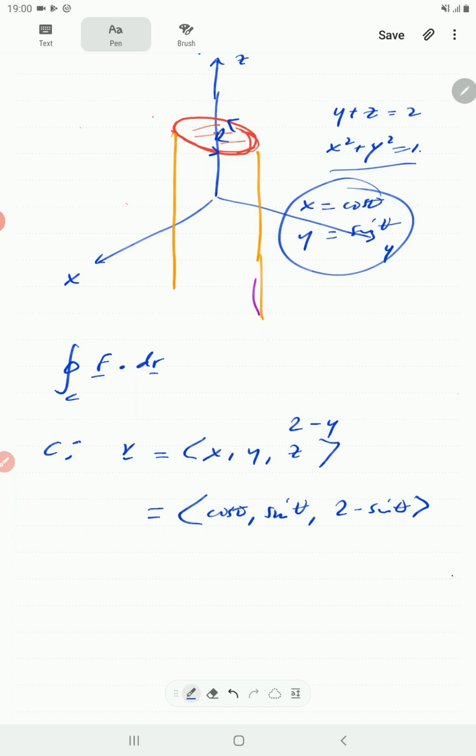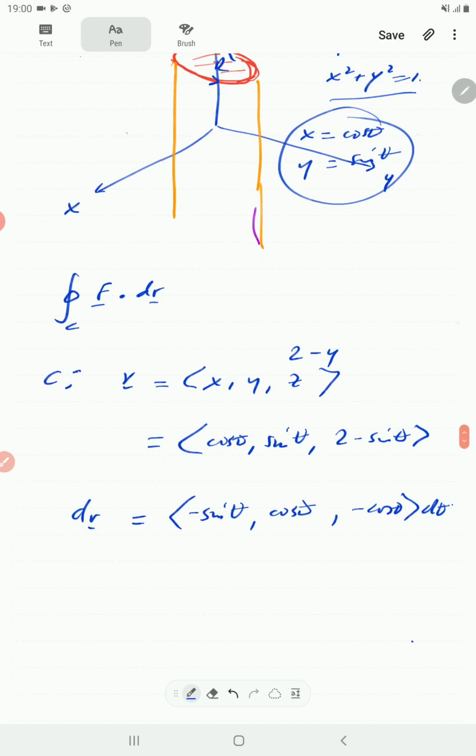So that is our r. So that means dr is going to be, the derivative of this is going to be minus sine theta, cos theta here, and minus cos theta there, d theta. Okay,